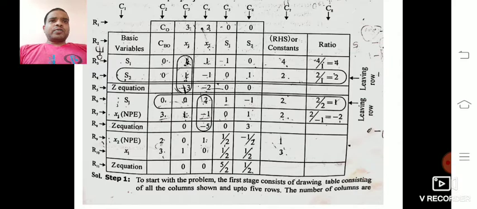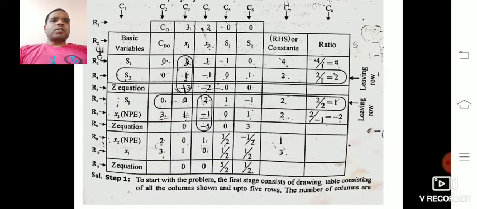That indicates what? By deleting the S1 R6 row, we replace that row by the C4 column, the entry column, which is represented by x2, so we write x2 there, which is again the new pivot equation. We apply the formula again: old equation element divided by key element. For the rows below, R10 x1, we apply the formula: old element minus the entering column coefficient into the corresponding new pivot equation element. Again we follow the same procedure.